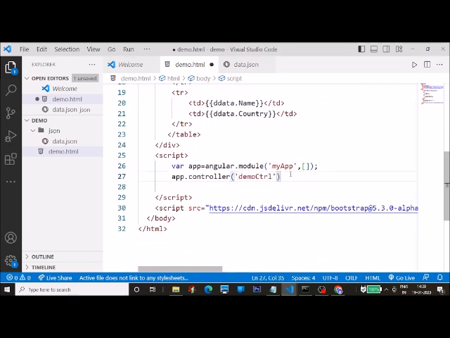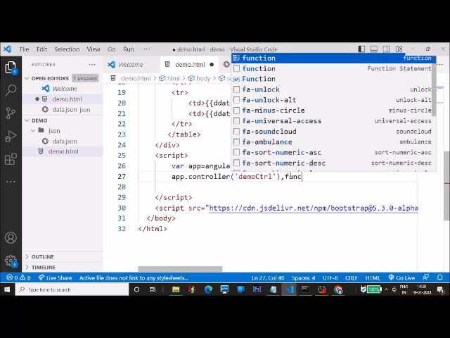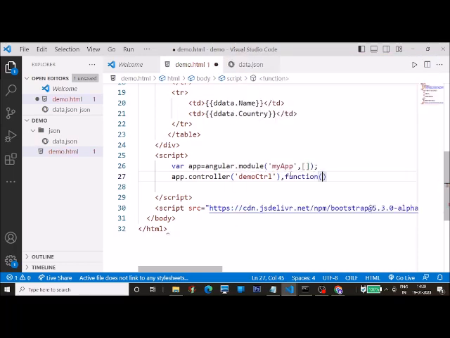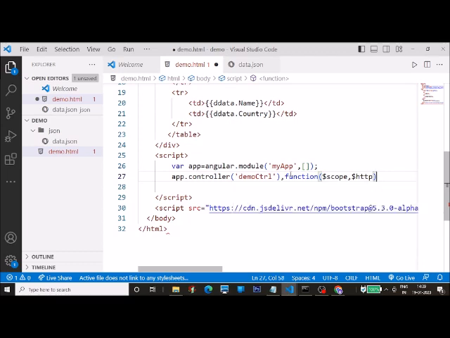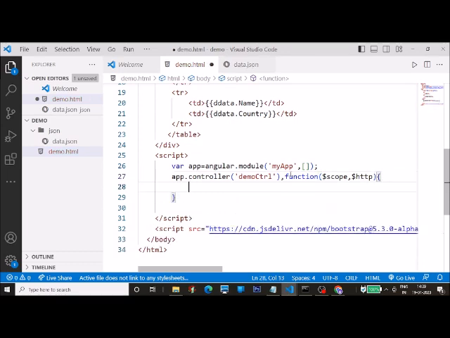And what it will do, it will take a second parameter as a function. So I will write down function. It has two parameters, as you know. One is $scope, and we are using $http for fetching the data. So I'm writing $http over here. Okay. So now here inside this, I'll use this $http